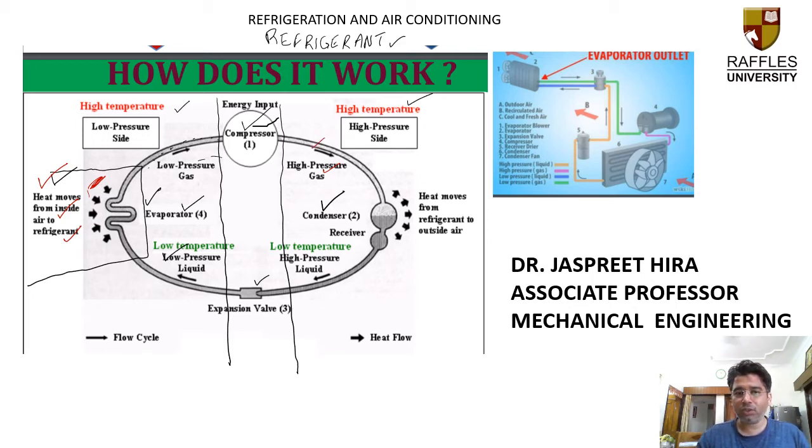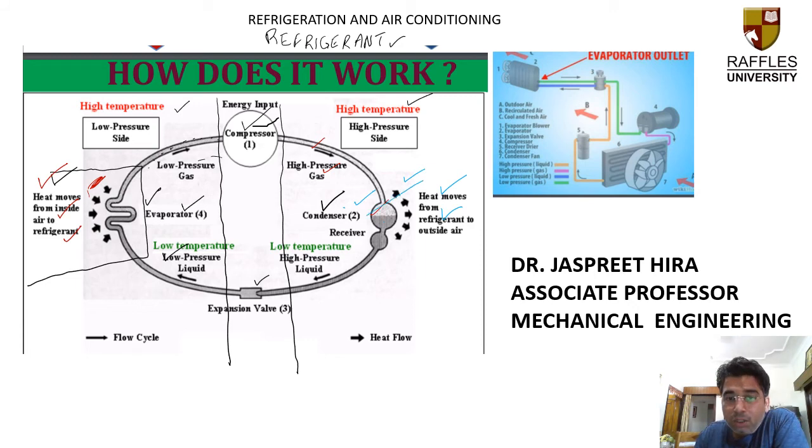Then the refrigerant passes on to the condenser. Now what happens in the condenser, if we see the condenser through this blue color representation, is that the condenser will dissipate the heat to the surroundings. As we discussed in thermodynamics, we have a system and we have the surroundings, how the heat has entered into the system and how the heat has moved out of the system. So the condenser is removing the heat from the refrigerant to the outside air.